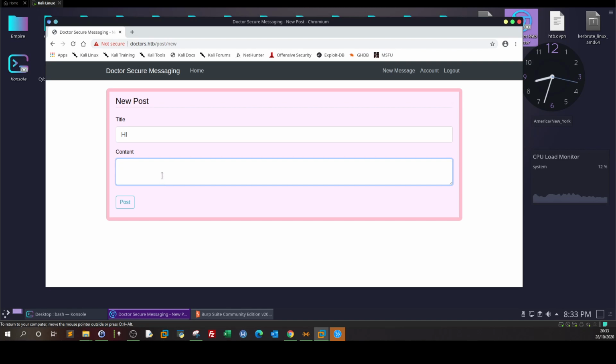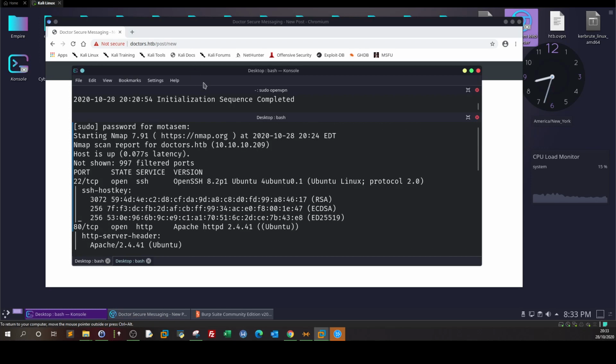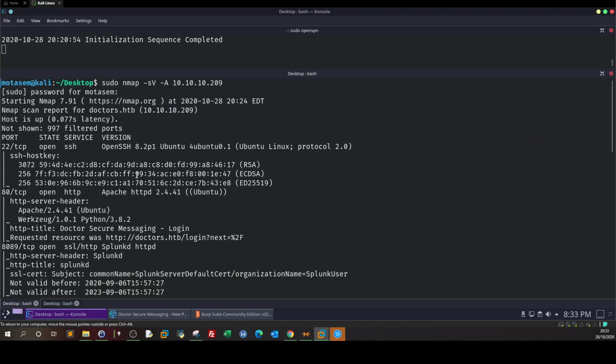Now the options are not too miscellaneous. We have limited options when it comes to what kind of payload we need to use here. So basically, if you go back to the nmap scan of the box, it has finished. You can see we have port 2280 running on Apache,